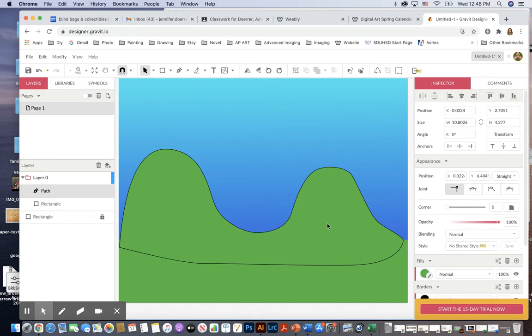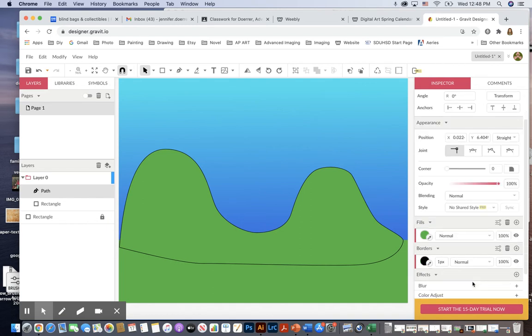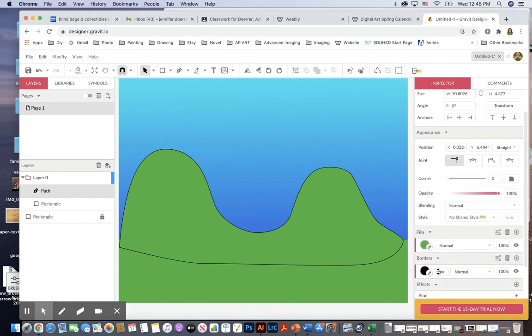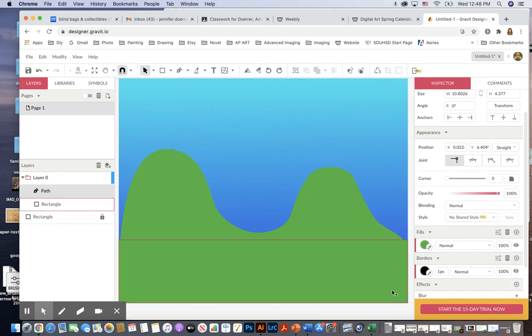although it got a default black stroke around it. So I'm going to select this now, and right here is my borders, the stroke, the outline, and I don't want that. So let's see if I can get rid of that free trial thing. Okay, scroll up a little bit. Here it is, borders, and then right here is that eyeball. I'm going to click it to turn off the visibility of the border so that there's no outline,